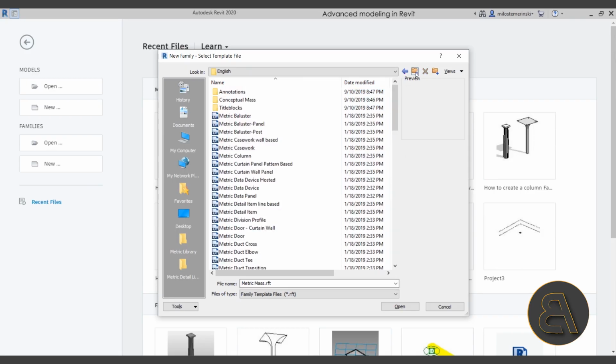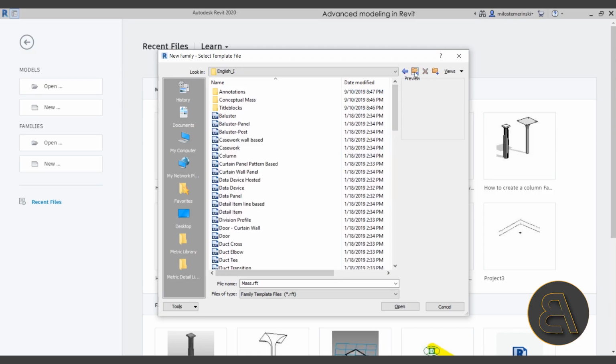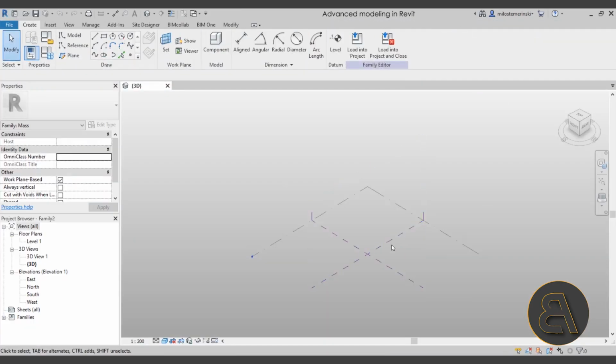If I just go back a couple of folders, here if I use the English imperial, again, we have the conceptual mass folder, and when you open that up, you have the mass option. So it's basically the same approach. I'm just going to go back here. I prefer the metric system, so that's why I'm going to be using the metric mass family template. So just like any other family, you select the template, you hit open, and that's going to open up the